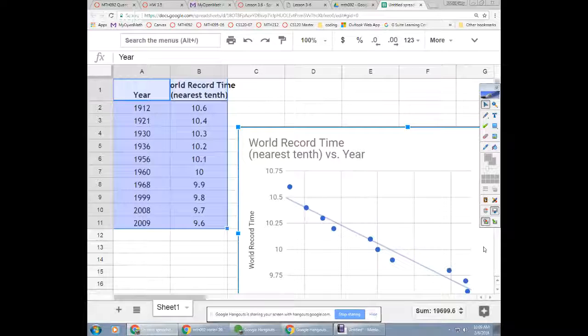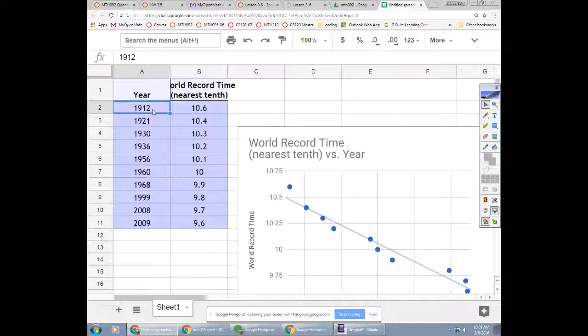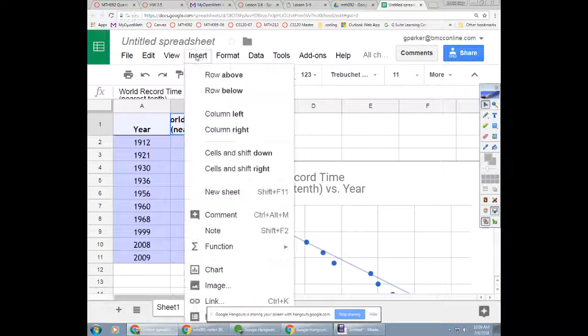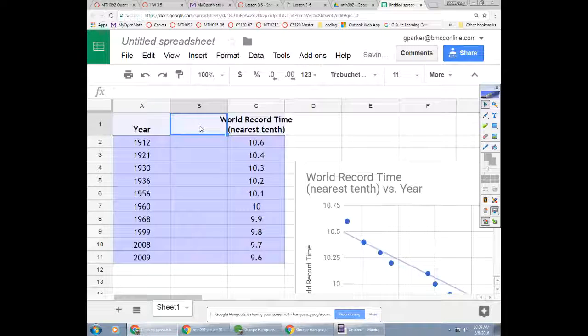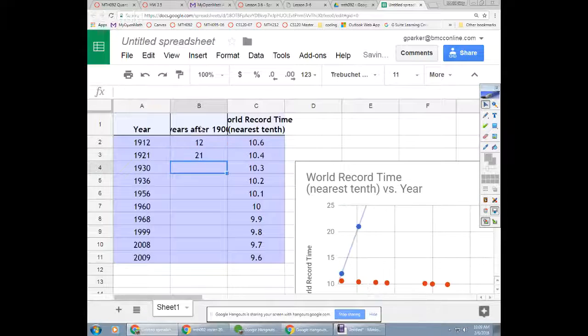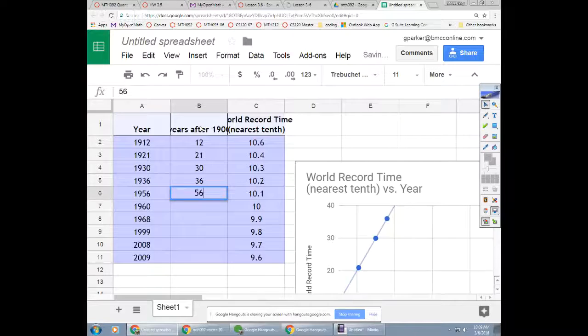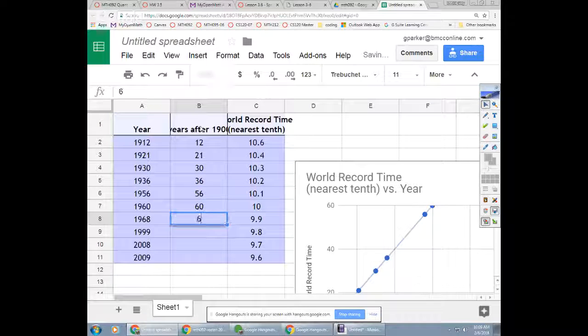To do 6, we have to do 5 first because we got to come up with a model. We have to come up with an equation for a line. And the problem is I plugged in the year. Do you think that's what you did maybe, Colt? Yeah, so what I'm going to do is sneak a new column in here. So let's get my menus, insert a column to the left, and I need a new column called years after 1900. So then this year will be 12, and this will be 21, and that will be 30, 36, 56, 60, 68,